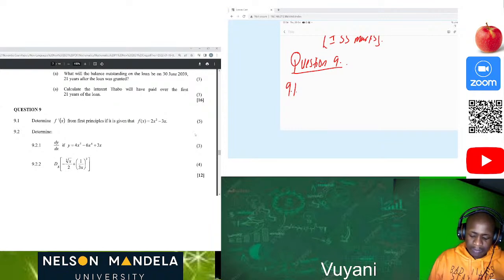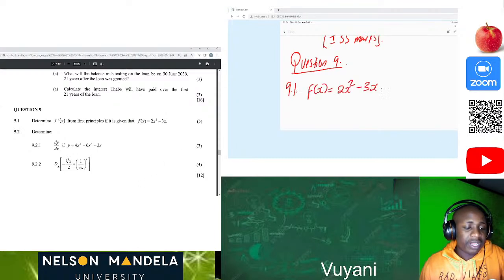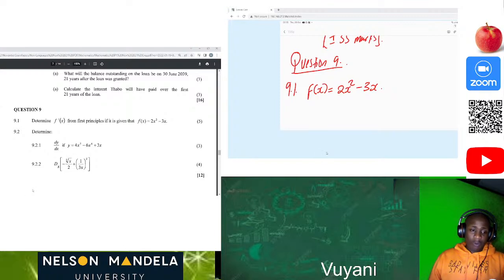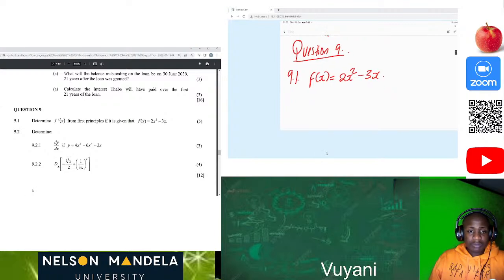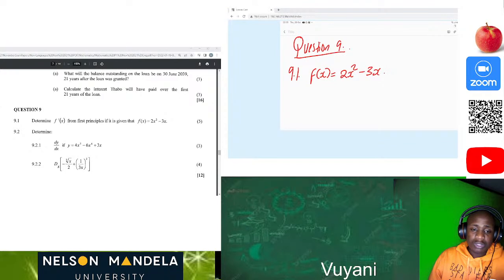So what are we given? We are given f of x is equal to 2x squared minus 3x. So that is what we are given. The first thing, we have already written it down that we are given that f of x is equal to 2x squared minus 3x. Now let's move forward. What is important from this is to understand what is the formula which we're going to use to be able to determine the